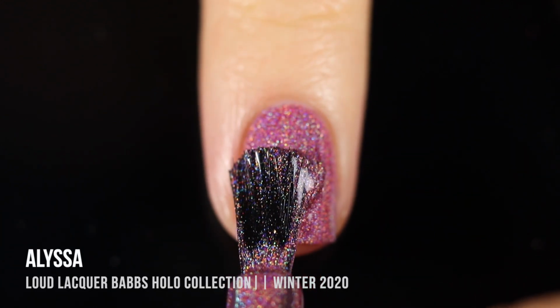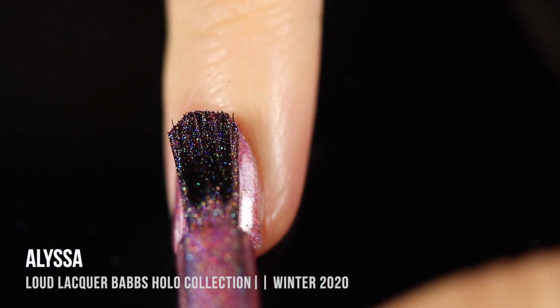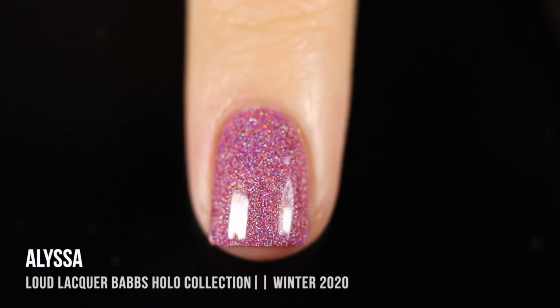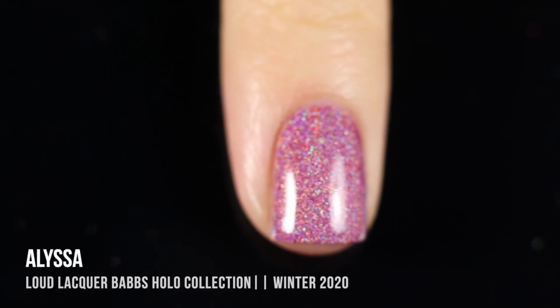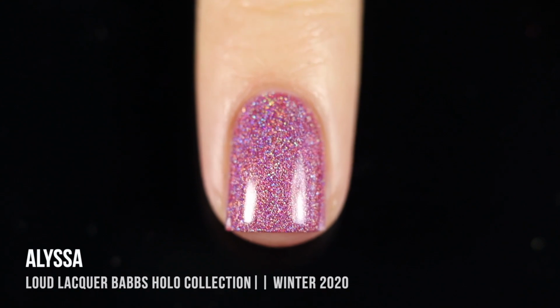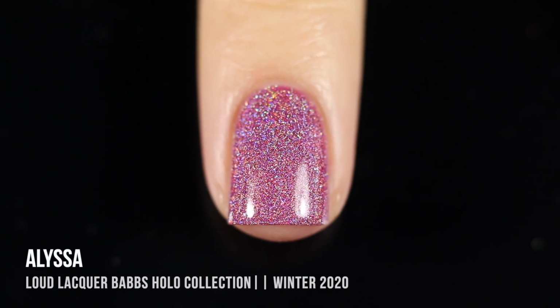And again, it could be soft enough that you can wear it for winter, but I'm definitely going to be reaching for this one in the spring and summer as well, just because it's a really fun shade to have on the nails. You can see just how sparkly it is. Again, I think there is a little added holo sparkle in there because these shades really do show a ton